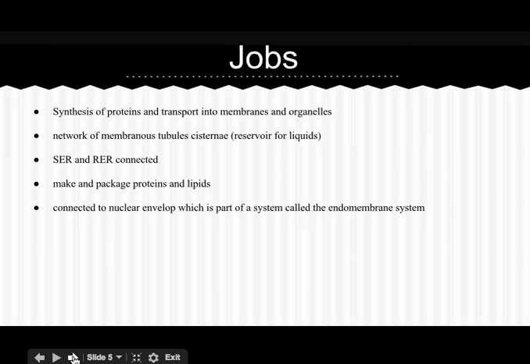They are connected to the nuclear envelope, which is part of a system called the endomembrane system, which consists of the Golgi body, the nucleus, and the